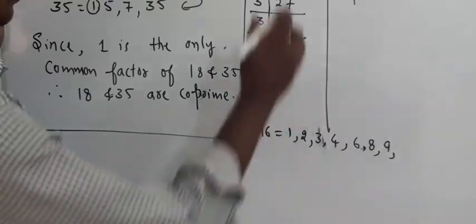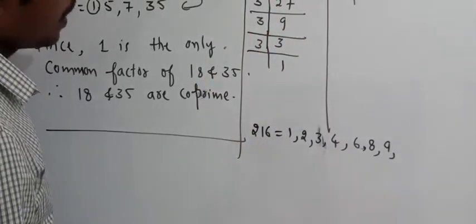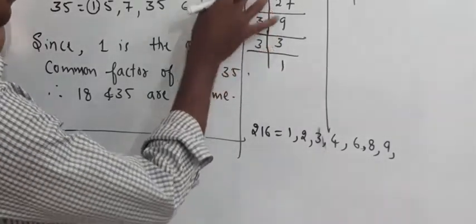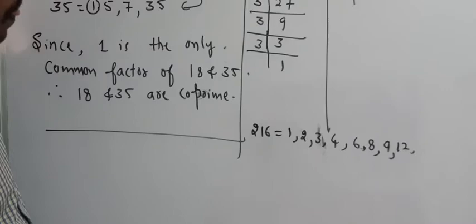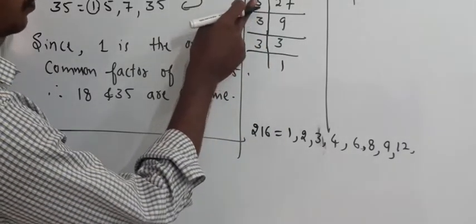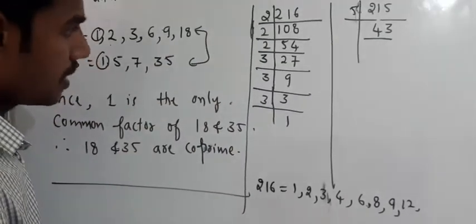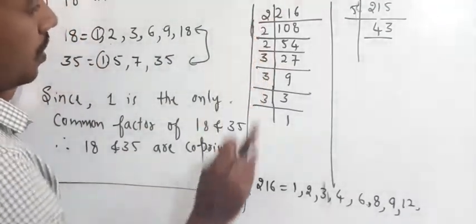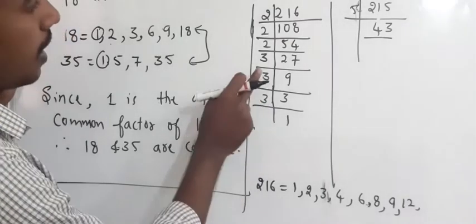11, see, no, 11 is not a multiple. Next 12. 3 4s are 12. 12 is possible. Next, what about 14? No. Next, 2 2s are 4 is over. 8 is over. 12 is over. 14 is not there. 15 is not there. 16 is not there. 18 is there. 3 3s are 9, 9 2s are 18.